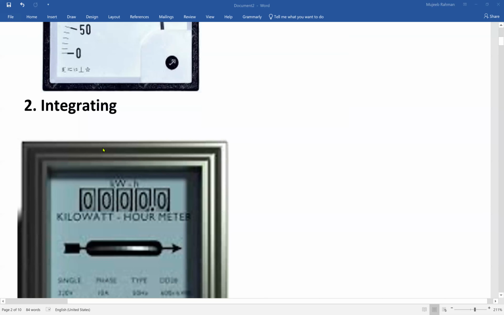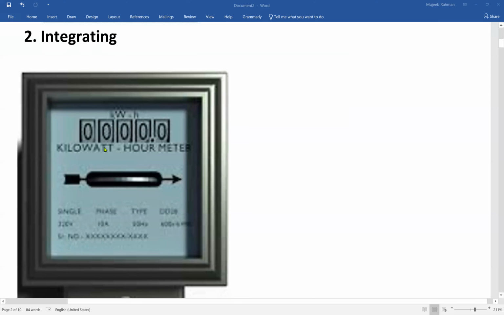The second kind of instrument is the integrating type of instrument. From the name itself it is clear that this instrument gives an integrated output, meaning the quantity being measured multiplied by the time of usage, such as the energy meter or kilowatt hour meter, where we want to calculate the amount of energy spent over a specific period of time. These instruments have a special mechanism that helps us find the time integrated value of the electrical quantity being measured.